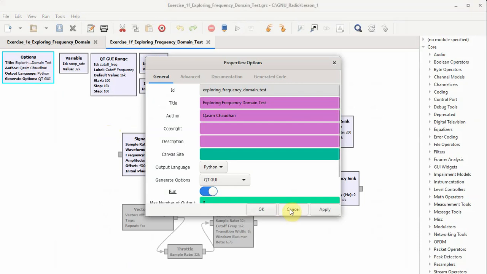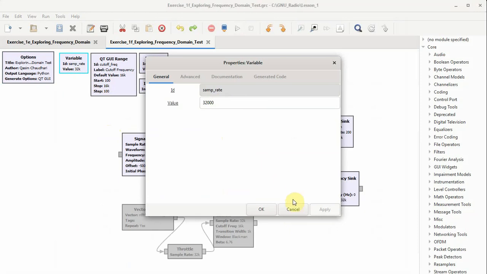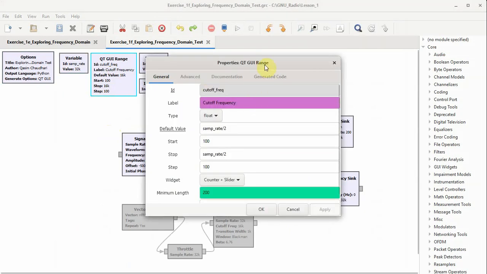This is the exercise in which we take the reverse route. Let us see how. So we are testing the frequency domain, and everything else you're already familiar with. The sample rate has been chosen as 32 kilohertz, and a slider has been defined with the cutoff frequency of a low pass filter. Although we will cover low pass filters in module 2 or chapter 2, since most people have a general idea of what filtering is and what low pass filtering implies, basically, a filter which lets the lower frequencies pass and stops the higher frequencies, I have included it here to show you a really interesting concept,